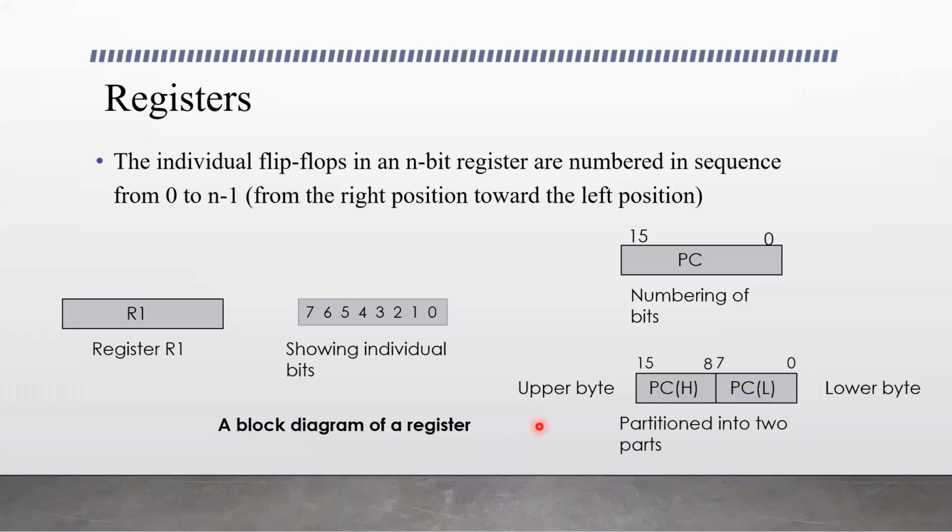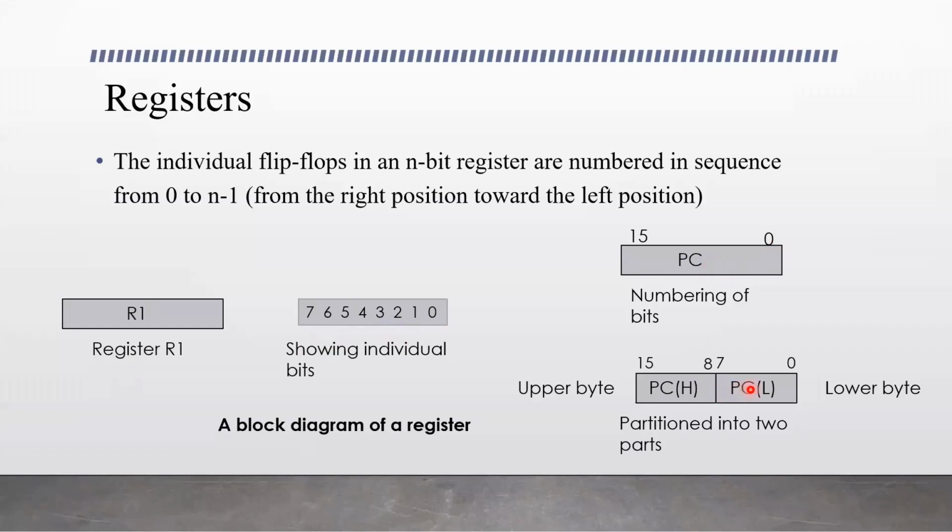This is how registers are referred to. We use capital letters, and sometimes a letter followed by a number, to name the register. And here is register R1, and we show the individual bits like this: bit 0, bit 1, 2, 3 and 7. This is an 8-bit register, so we have bits from 0 to 7 and they are numbered. We write the numbers at the top of the register. This shows the numbering of the program counter register.